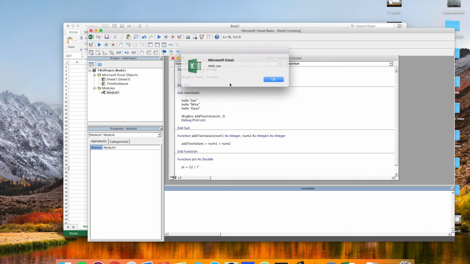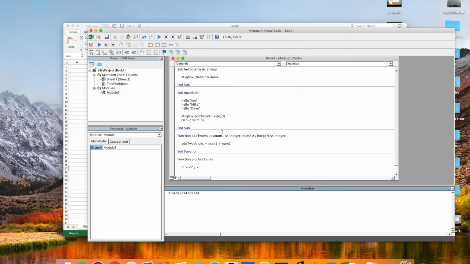So if I click play, okay, we see message, message, message, another message. And now instead of getting a message box, this prints down here and we don't have to click anywhere to advance the code. Another nice thing about the immediate window is we can actually call these subroutines or functions and put in parameters